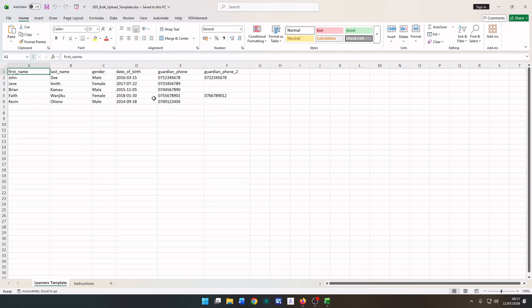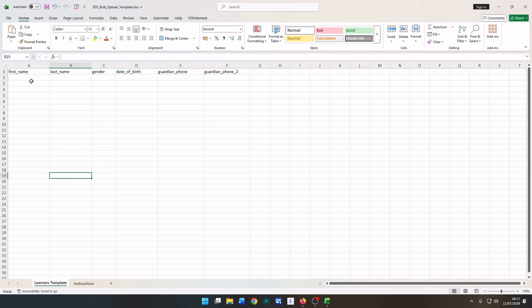Then for Excel, within the first name, the system accepts two names also. We can put two names. Let's delete all of these so that we can do it practically. Under first name, let me use my name, Francis. Under last name, Ocheng. Under gender, male. Under date of birth, I'm going to use a random one,